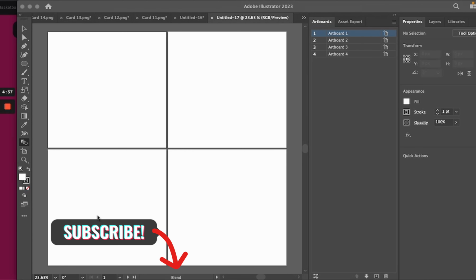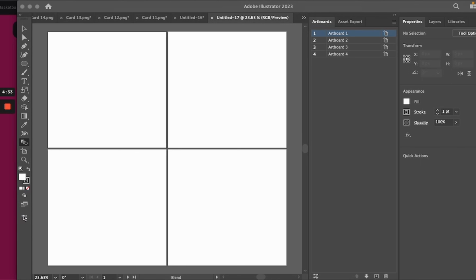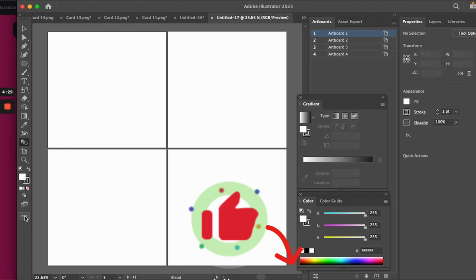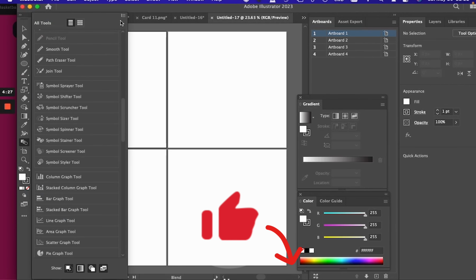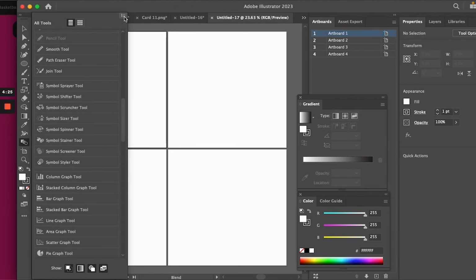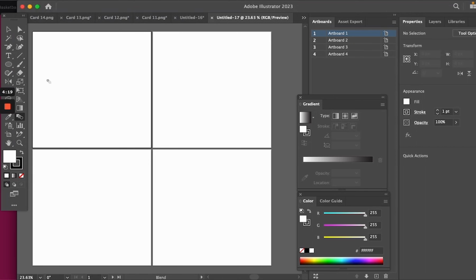this. So at the bottom of your toolbar, if you're using the new Adobe Illustrator, you're going to see these 3 little dots right here. Where my mouse is. You click these 3 little dots, you go up top to this little 3 dot option thing, and you click advanced instead of basic, and it's going to turn your toolbar into the advanced version instead